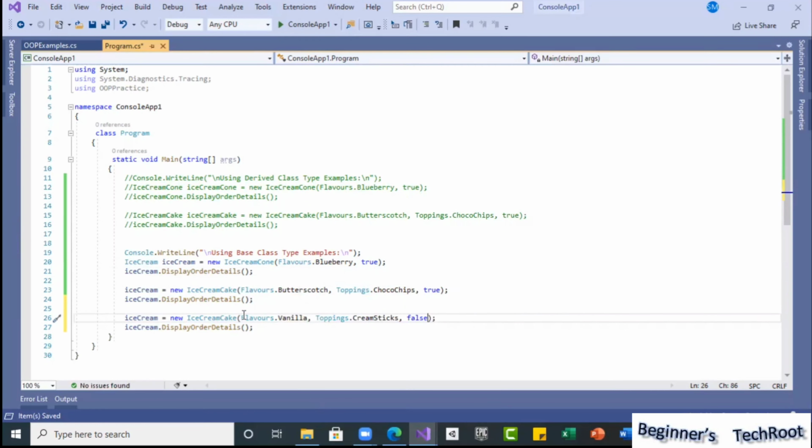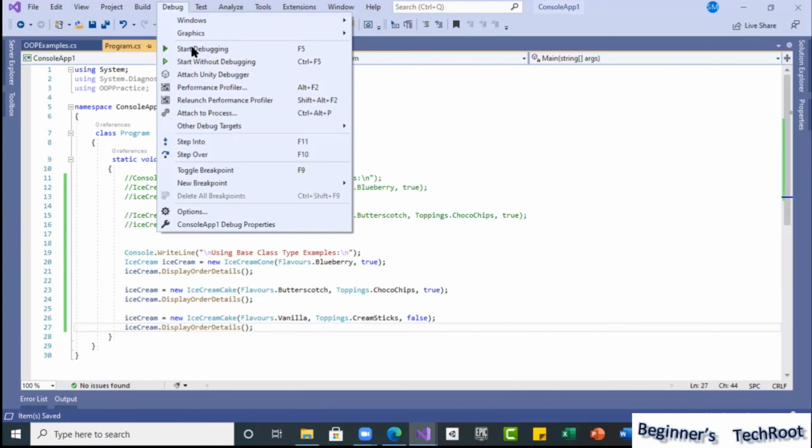This is the only thing I am changing: what option I am selecting, whether a type of cake or cone. I am only giving that information, then automatically the calculations will be done.